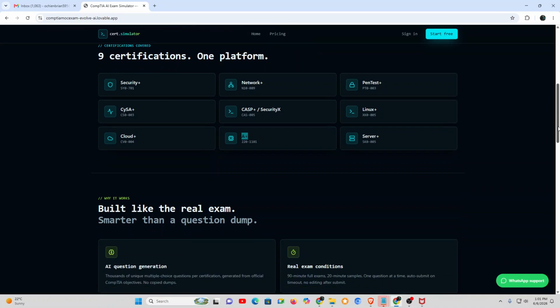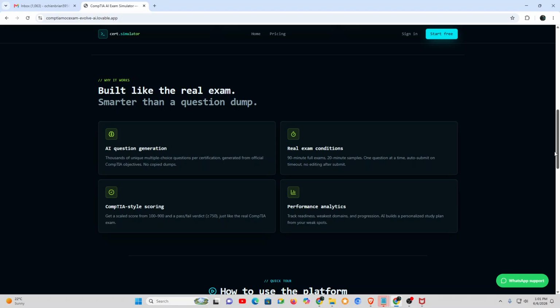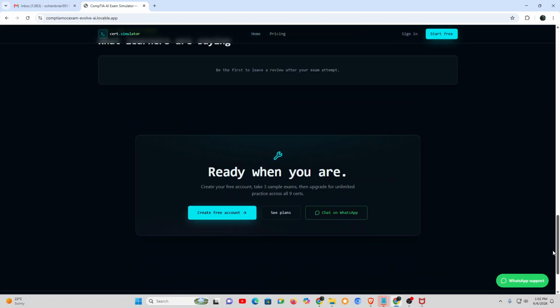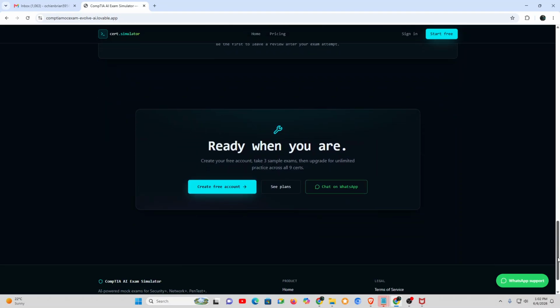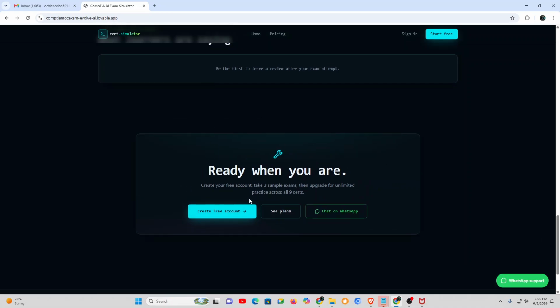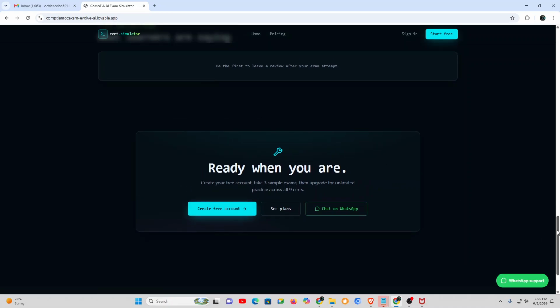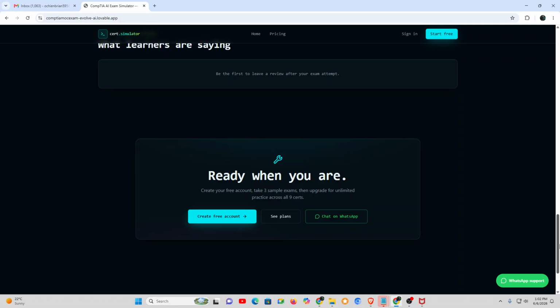It's a simulation whereby you can take some tests, then the system scores you and gives you feedback on whether you have scored correctly or wrongly. It also reviews your score and tells you where you're supposed to put more energy as you prepare for